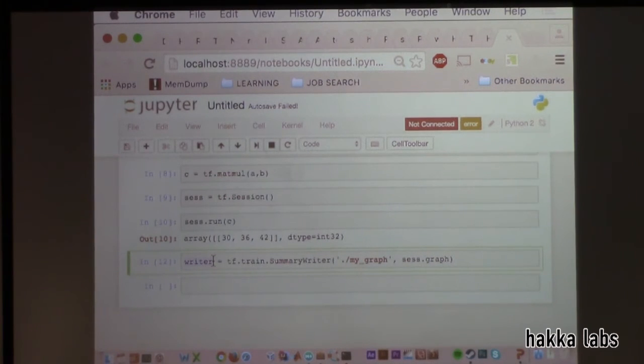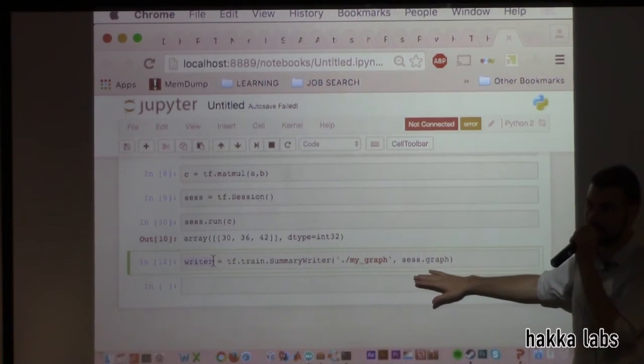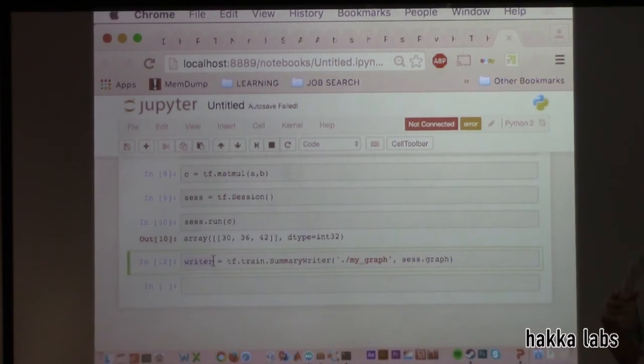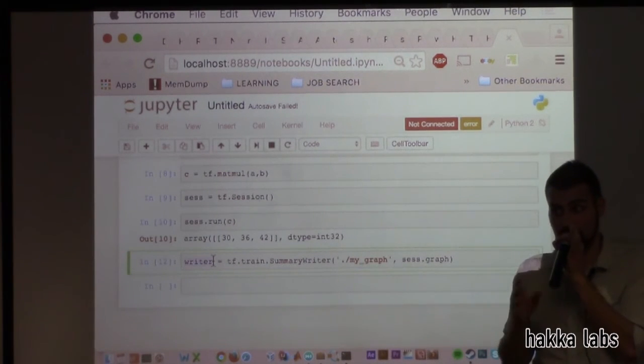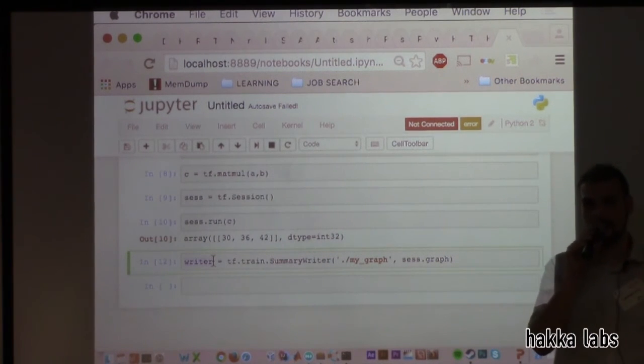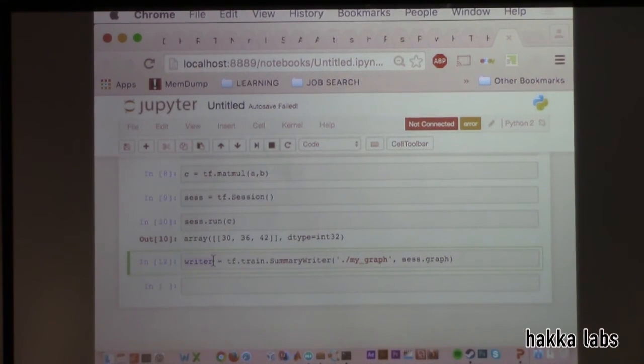When you open it and pass in the session graph, it says, oh okay, because the graph definition doesn't depend on the data flowing through it, it's just about the connections and which operations depend on which other nodes. As soon as you open it, the writer can write that down. But there's a whole lot more we can do with this writer, and that includes a number